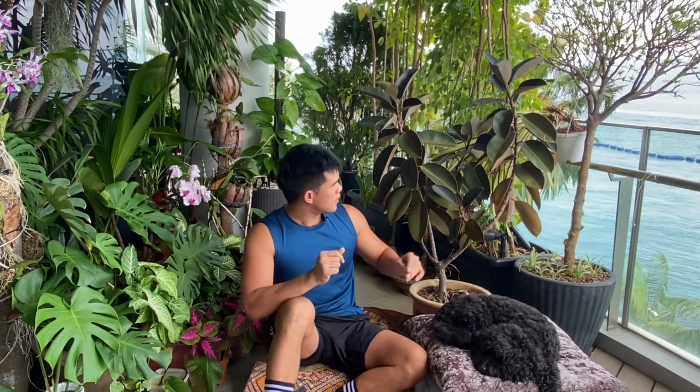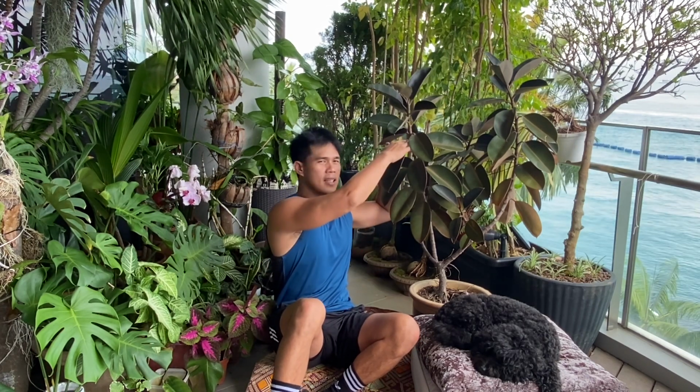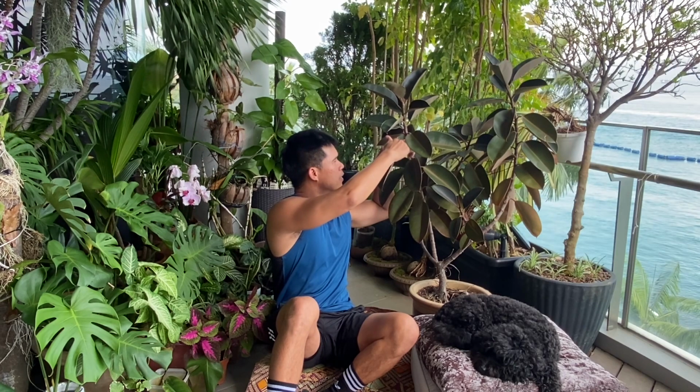Second to the last thing that we're going to be talking about is the pruning of your Ficus Elastica. As you can see, like what I told you, I'm very happy with how my Ficus Elastica looks, but if you wanted to make it bushier and you wanted to form the shape of your Ficus Elastica and you want some growths happening, you might want to cut it at the stems where you want to see more growth. So say for example, you cut it on this part over here. When you do that, it actually allows growth on that spot where there's probably 2 or 3